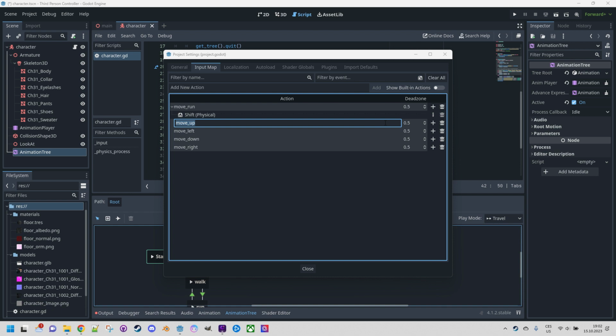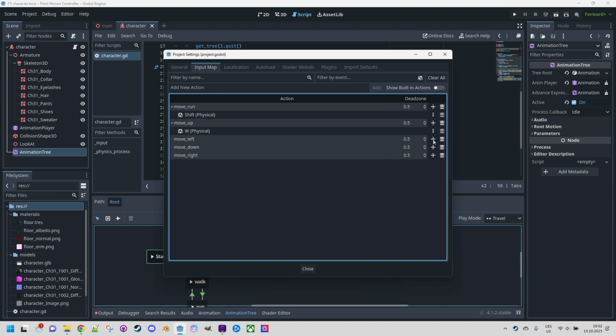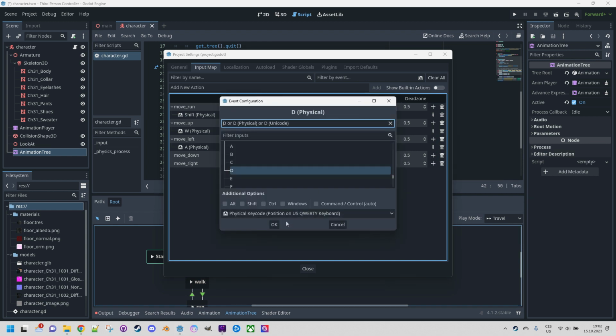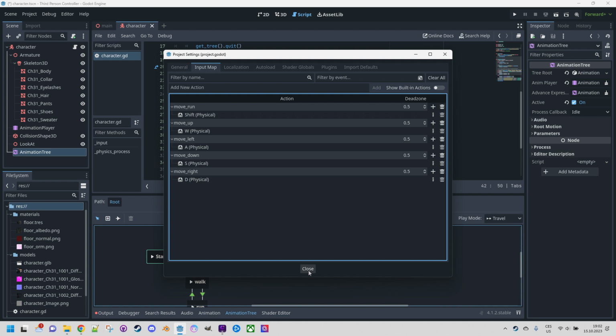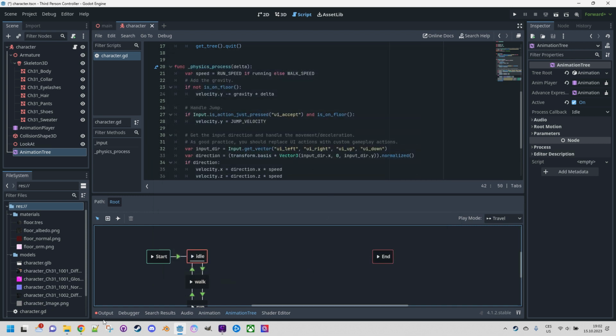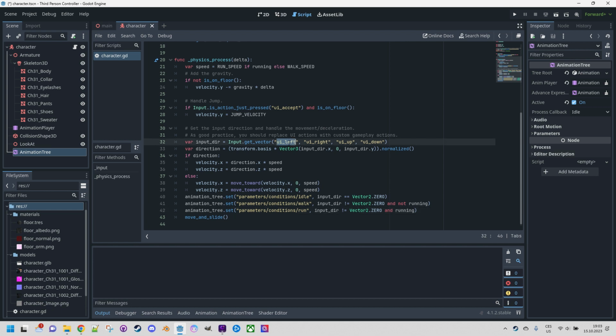Okay, and now move up, plus, that's W, move left A, move down S, and move right is D. Okay, and now we will change these strings here. Move left, move right, move up,